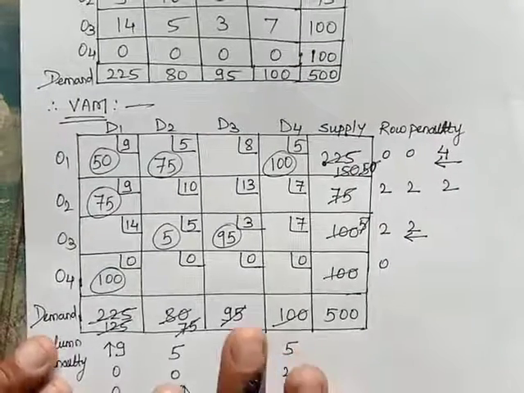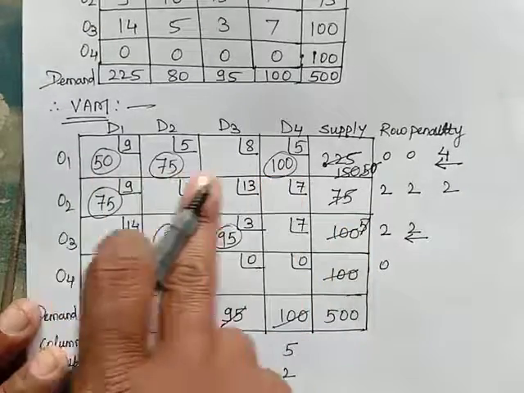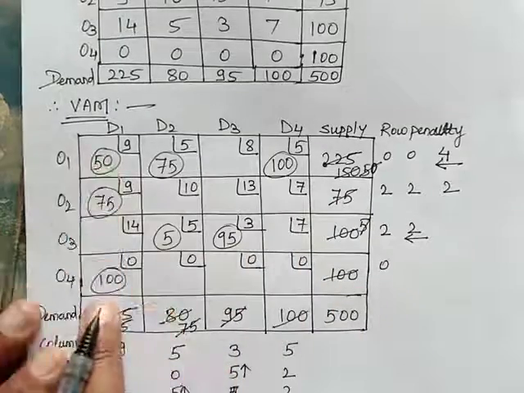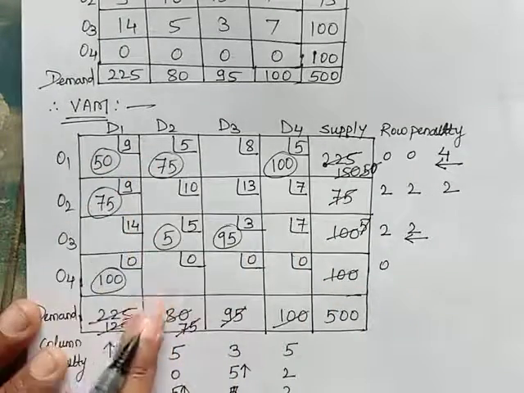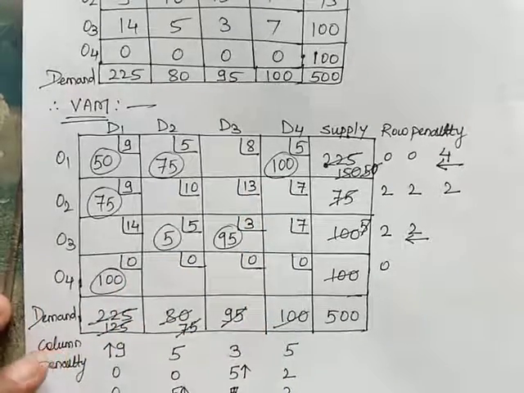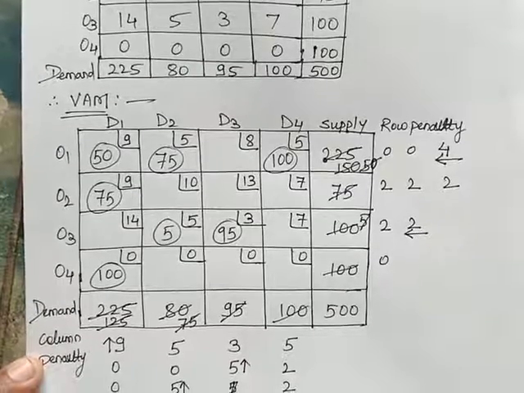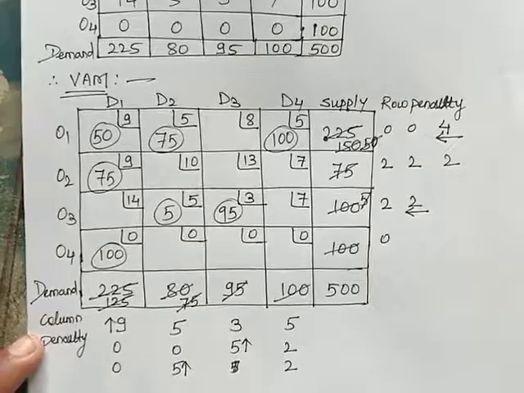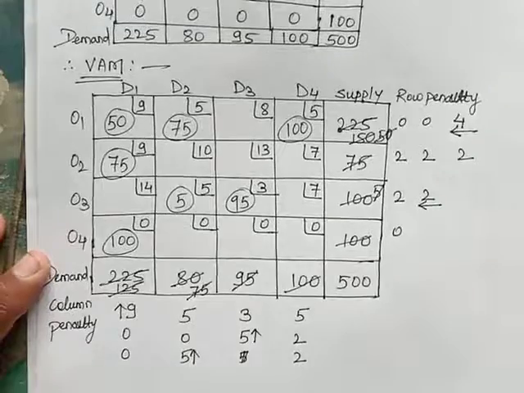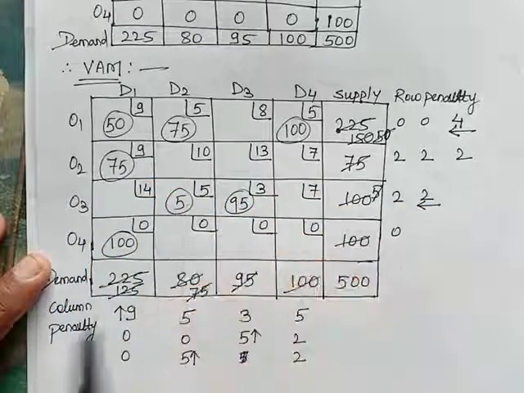Let's see, is it feasible or not. Now it satisfies all the demands and constraints. Look at here, it will be 225, this is 75, this is 100, this is 100, this is 225, this is 95 and 100. So it satisfies all the demands and constraints, so it is a feasible solution. Now the question is, is it a basic feasible or degenerate solution? We have to check its optimality also. For that we should check whether it is degenerate or not. Fine. So how many allocations? 1, 2, 3, 4, 5, 6, 7 allocations with us.